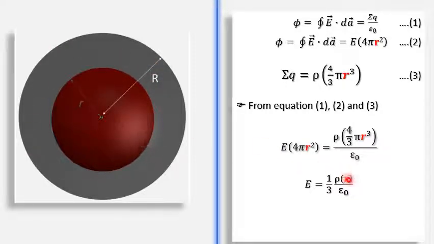So if I take r to be 0, suppose I am at the center, how much will be the electric field? Electric field will be 0, and as I go from the center to the surface, r is increasing and the electric field will also be increasing. So E is directly proportional to the distance of the point from the center, and it depends on the volume charge density. Now let us consider the second case, where the point may be lying outside the spherical volume charge distribution.